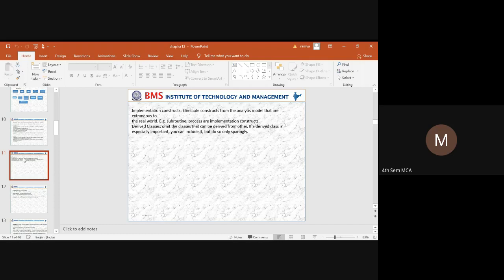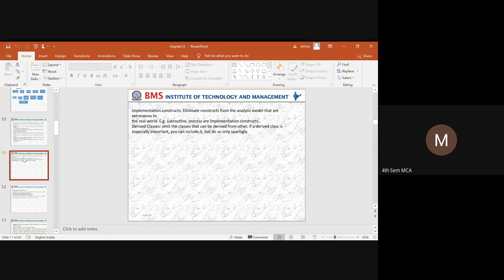And next thing is implementation constructs. When we are trying to implement a particular application with respect to the class model, we need to identify whether it is in the form of a subroutine or whether it is a process. You need to identify the name of a class in such a way that it should not be taken as an implementation construct. Say, for example, the transaction log, access. All these terms are taken in the perspective of an implementation, so you cannot take those names as a list of classes.